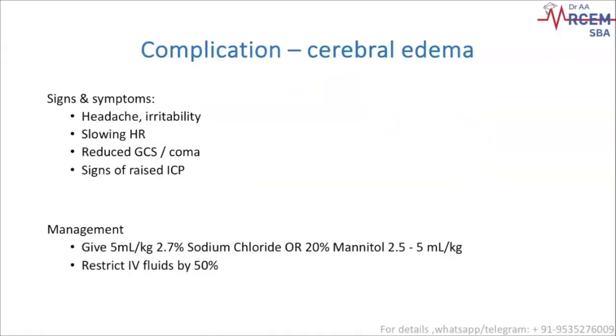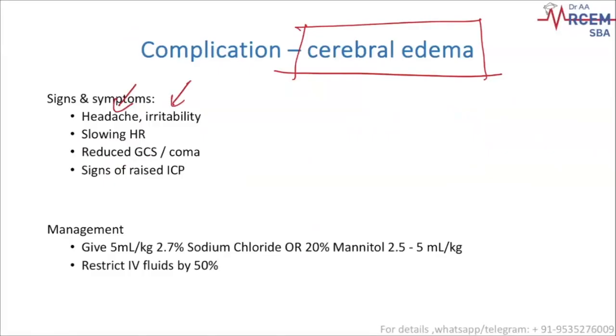Complications. The important complication I keep on saying, especially in the pediatric age group, is cerebral edema. While you are treating DKA, suddenly the kid becomes irritable and starts complaining of a headache, has vomiting. Signs and features suggest high ICP. Slowing of the heart is seen, a Cushing's reflex is seen, then you need to immediately think it might be